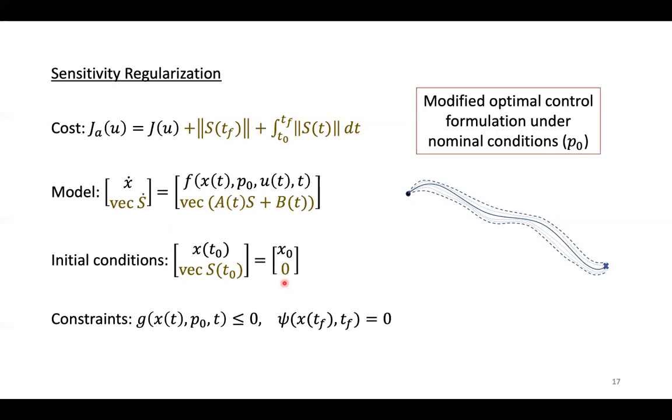And you're guaranteed to reduce the dispersion by a certain amount, depending on how much you penalize the sensitivity cost. I call this the modified optimal control formulation under normal conditions. So in this case, I'm just changing the nominal. Again, at every time, I'm not coming up with any feedback control, because you can arrive at feedback control using